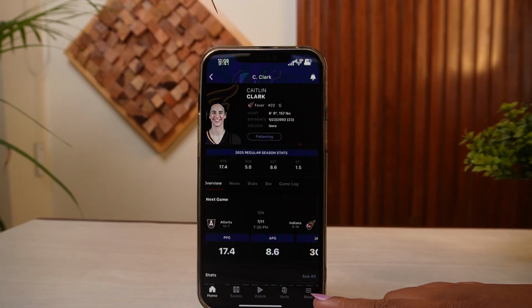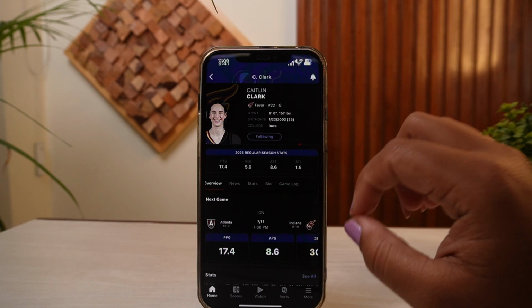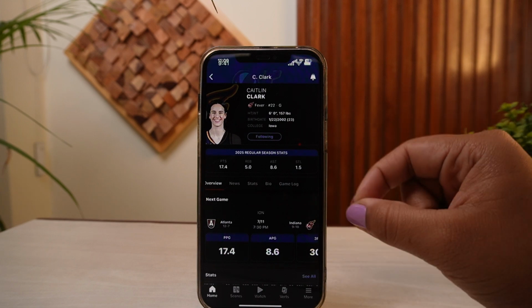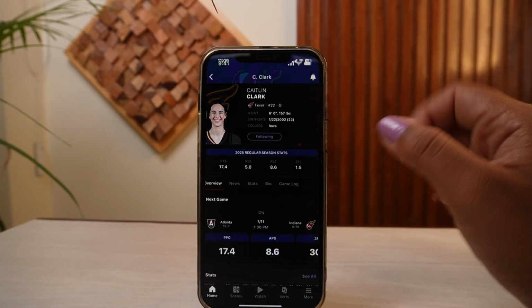After tapping on that more icon, you'll actually be able to see your profile. Simply tap on your profile and then you'll be able to see the option of manage my ESPN Plus subscription. What you're going to do is keep on scrolling until you find that, then simply tap on that option,